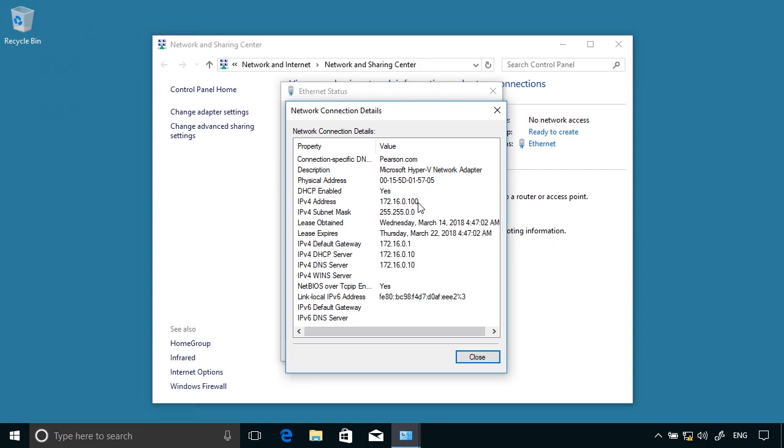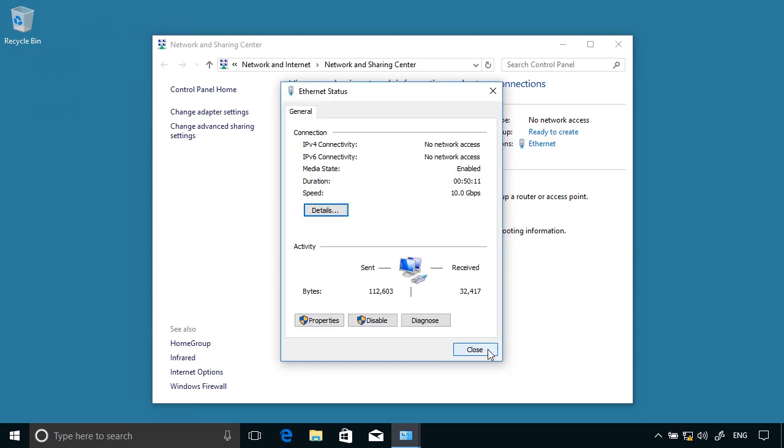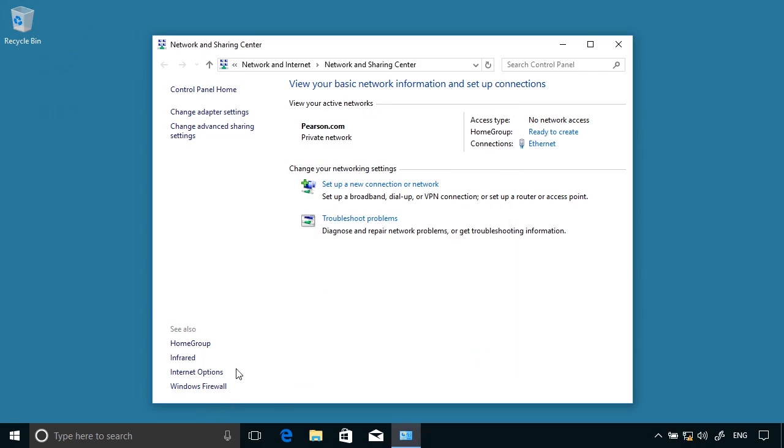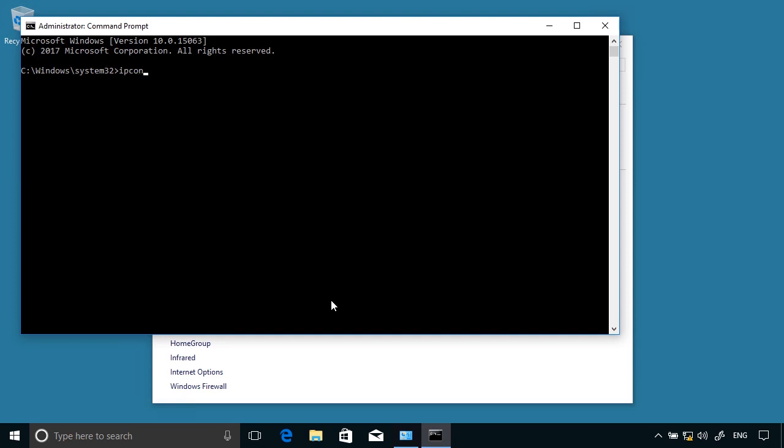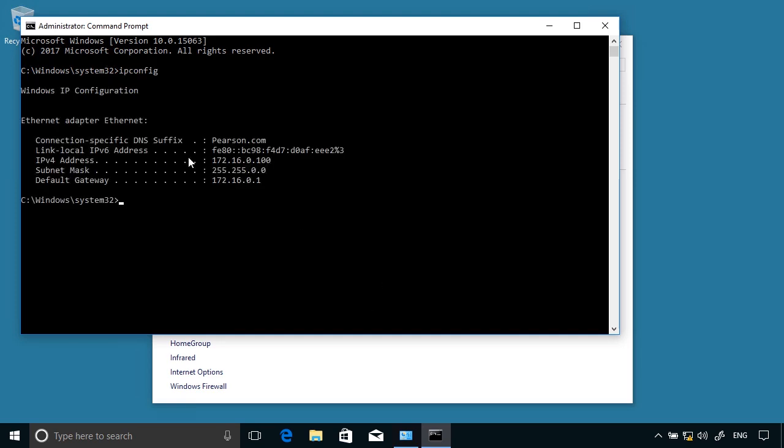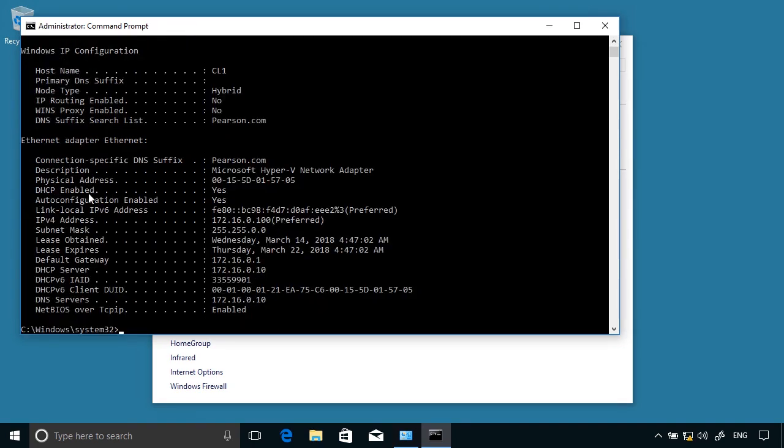Now we didn't assign that. That was assigned by DHCP. We can see that the IP address of the DHCP server is given here, 172.16.0.10. You can see similar information if you open up a command prompt. I don't need to run this particular command elevated, but it's a force of habit. If I type ipconfig, you can see the IP address is 172.16.0.100. If I use the /all switch, we can see that DHCP Enabled is Yes, and it tells us something